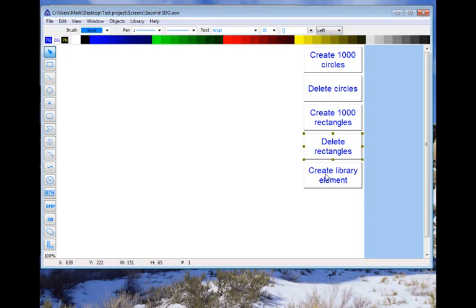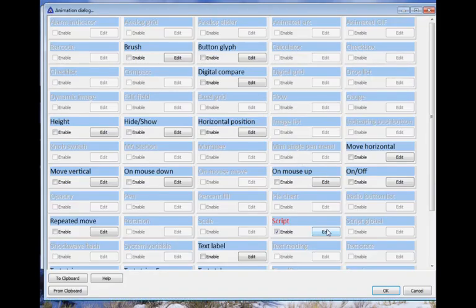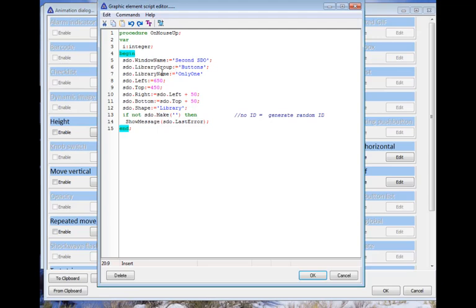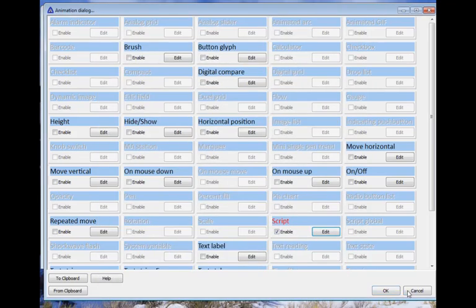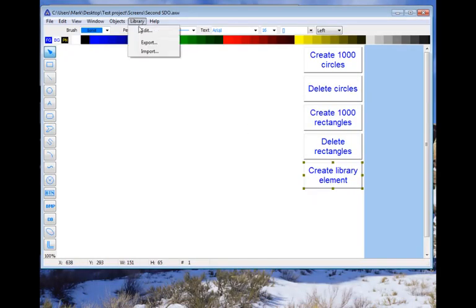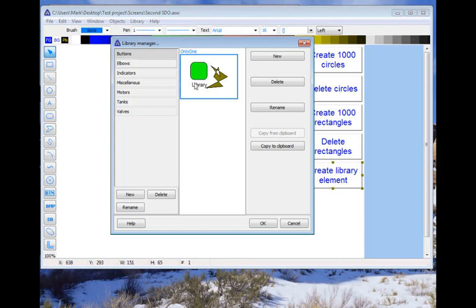This one creates a library element. It's a little bit more complicated. You have to say the group and the name, and then where you want it to be, and then its shape is library. Library elements are a way to group some static objects into a group with a name. This one's buttons only 1, and then you can refer to it